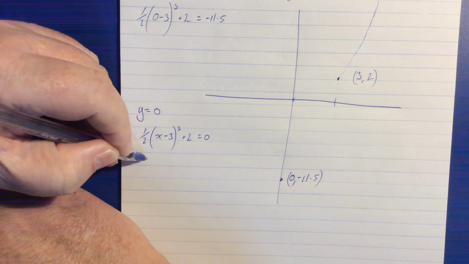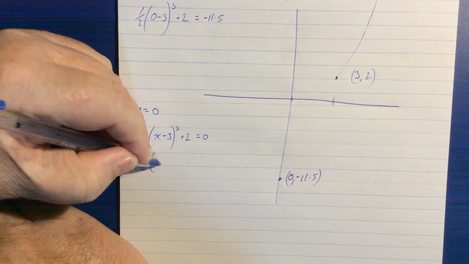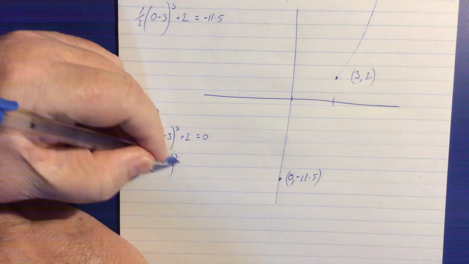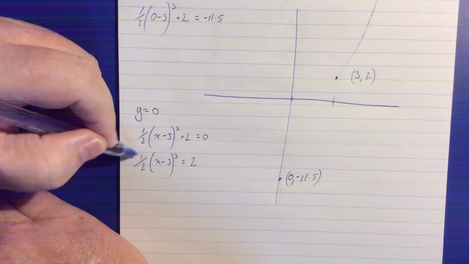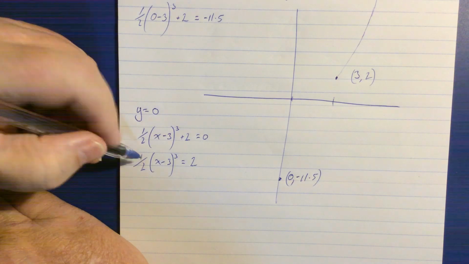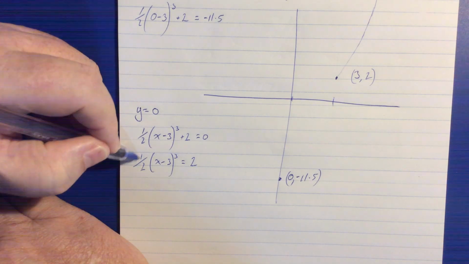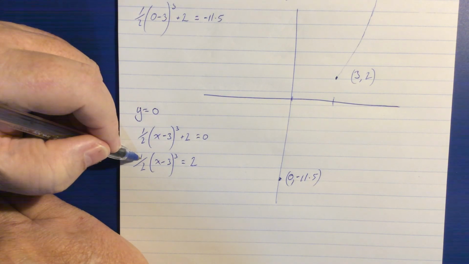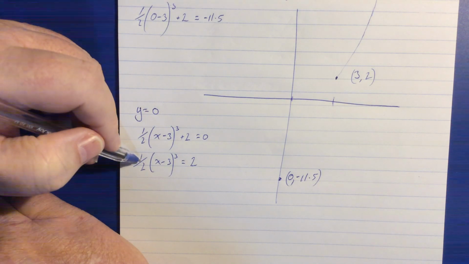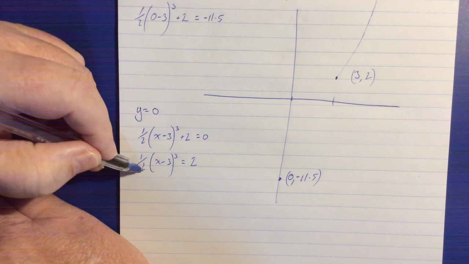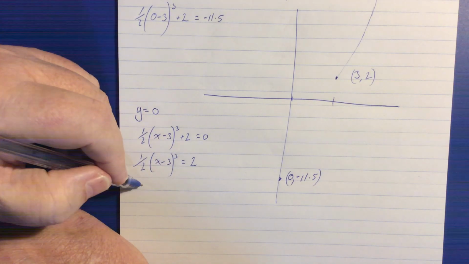So we're just going to work our way into x. 1/2 (x minus 3) all cubed equals 2. The effect of dividing this side, or multiplying this side by a half, means that to get rid of this we have to multiply both sides by 2. This makes this 1, it disappears. This makes this 4. So